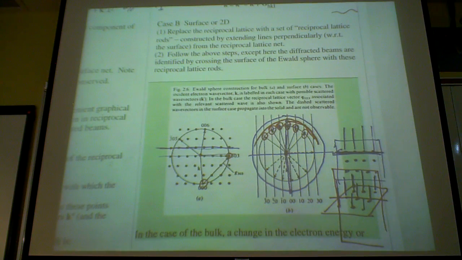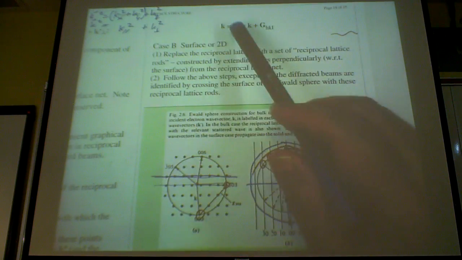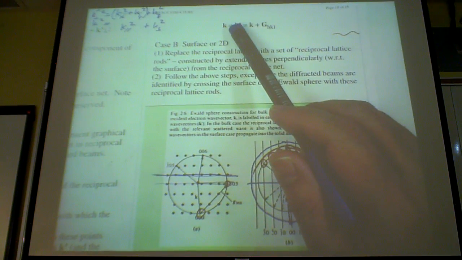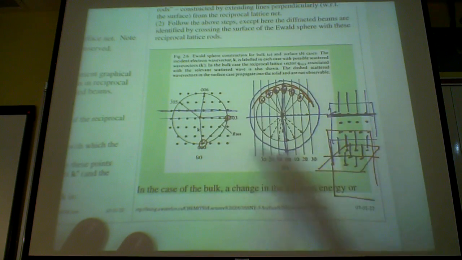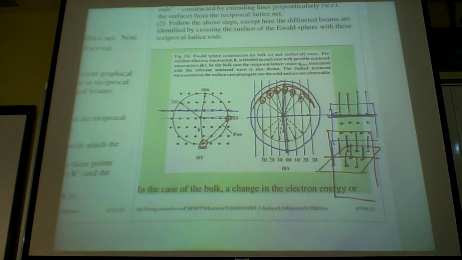Okay. So when I change the kinetic energy of the beam, I will see some spots moving in, some spots will disappear, some spots will reappear on my LEED optics, because my diffraction condition changes on different reciprocal space points. Okay. So here I point